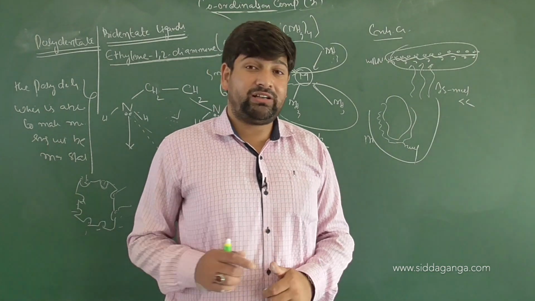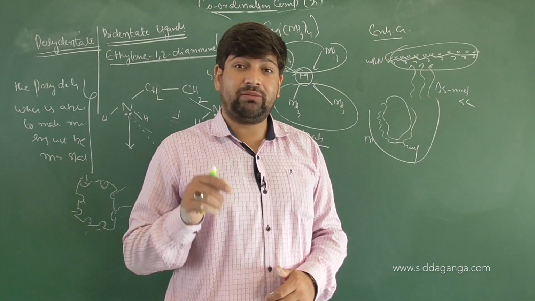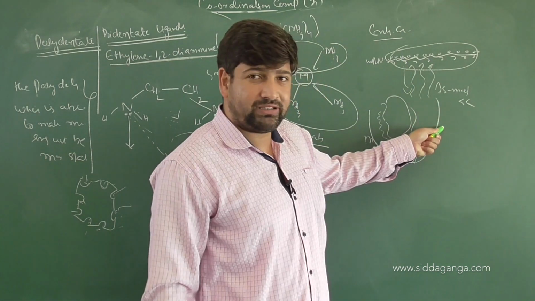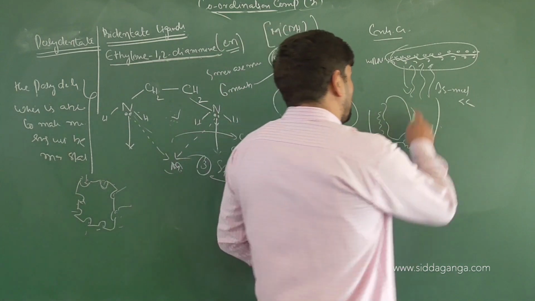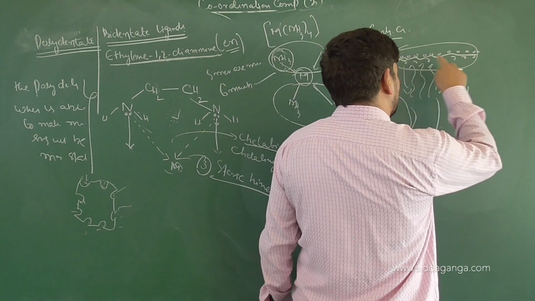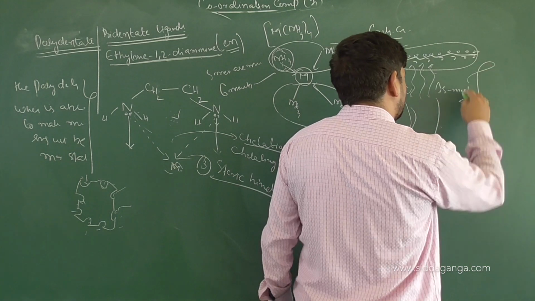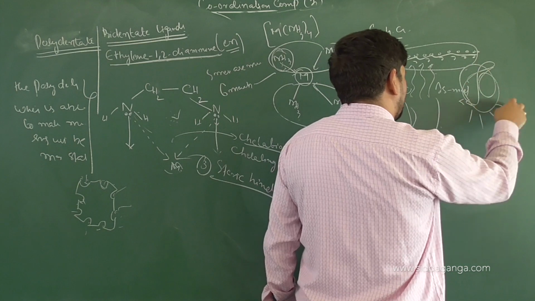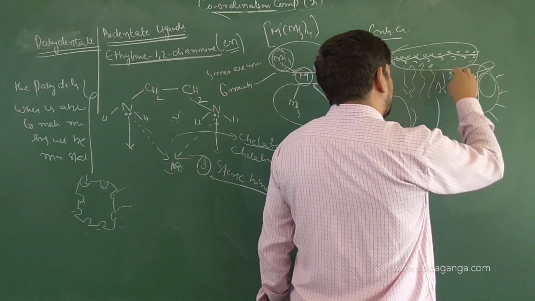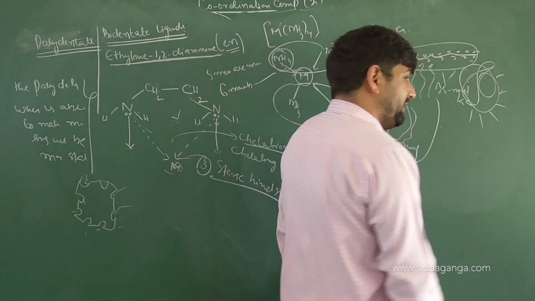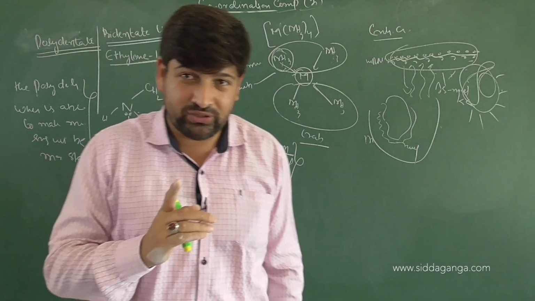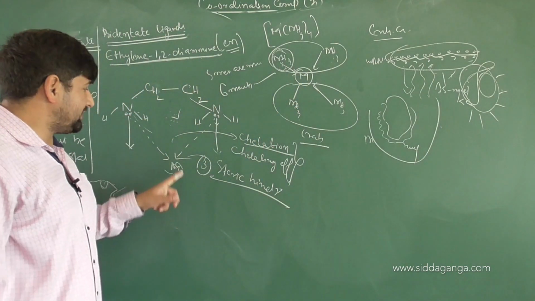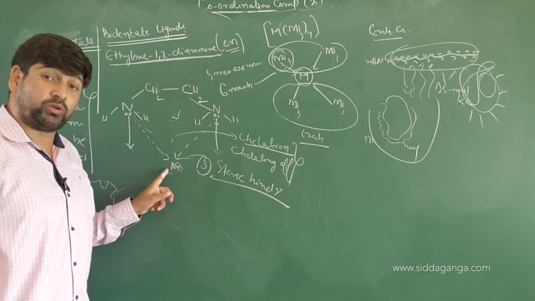So what will happen to the entropy of the medium? It will reduce. Now tell me, if the entropy of the medium has to increase further, what should happen? These adhered water molecules should come back to the medium. For this to happen, the protein which has more surface area covered in cytoplasm will start to fold up. Once it folds up, the surface area exposed will decrease, and only this much area will be exposed. That will send more water into the medium, so entropy will increase. So remember, the entropic push is one of the reasons for protein folding, and it is also one of the reasons that the stability due to chelation is more.